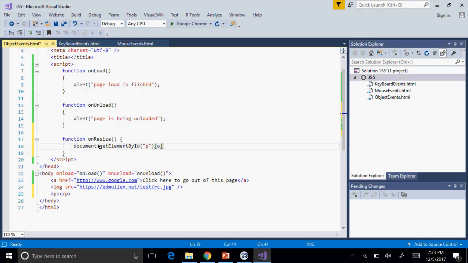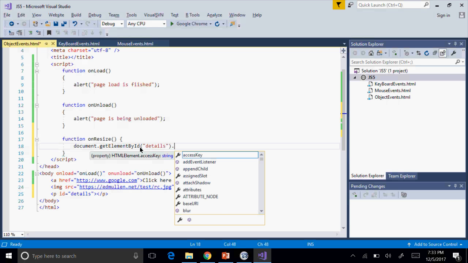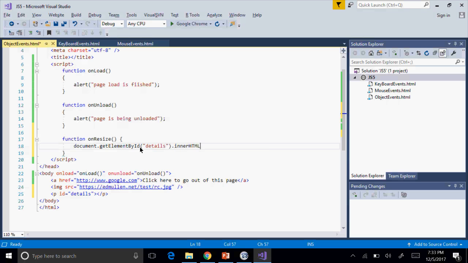I'm going to give the ID something like details as the ID name, so I get only one element, and for that element innerHTML I'm going to give here width